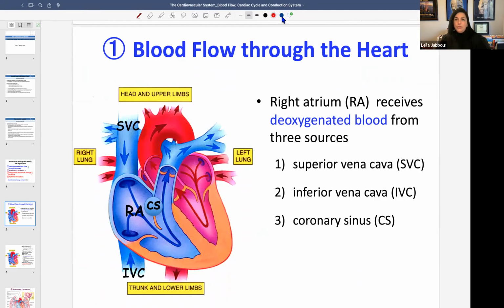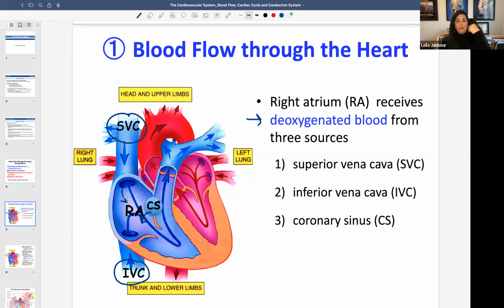Okay. So we're strictly just talking about the flow of the blood, and I like to start the story on the right side by talking about the deoxygenated blood. It arrives via the superior vena cava, the inferior vena cava, and the coronary sinus. Coronary sinus also provides deoxygenated blood back to the right atrium. So what is this? This is the blood coming from the head and neck, superior vena cava, and the upper limb, and it's all of that